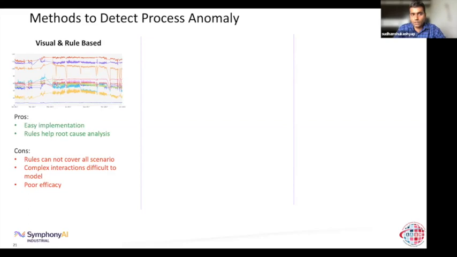These are easy to implement, and also you could write some rules to do these detections. But the problem is once the number of variables increases, it becomes extremely hard to look into hundreds of variables and write rules for all the possible interactions happening among those variables, and also distinguish them and find where this particular anomaly is happening. So beyond a few variables, it becomes